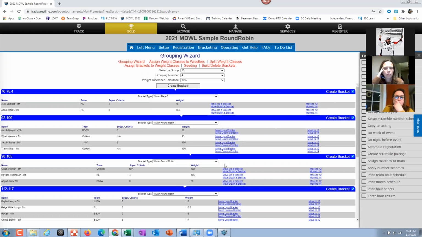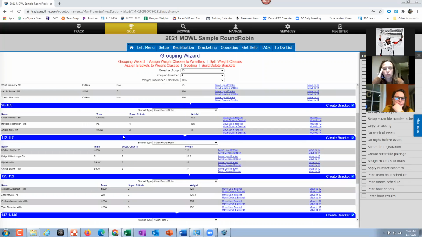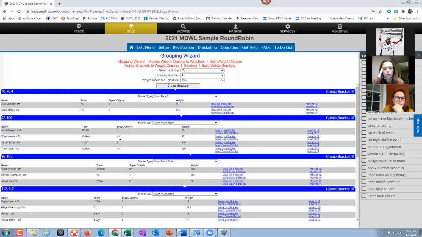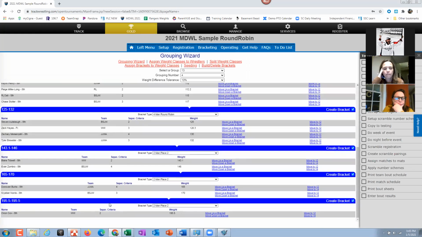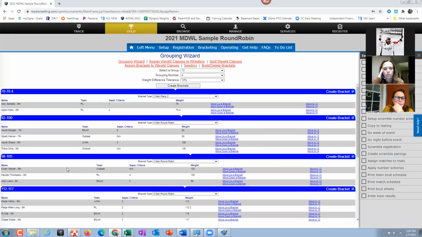Okay. So right now, just to look at this, I currently have these people. You can see 76 to 78, 92 to 100. So this looks really good. You can see that I loaded a team from Outcast without separation criteria. So that's kind of a pain. Make sure that their separation criteria is loaded. I will check this because if you don't know how to rank these people, you can see it actually kind of puts people together decently, but definitely because of the 10% range, it's not putting them in equally.